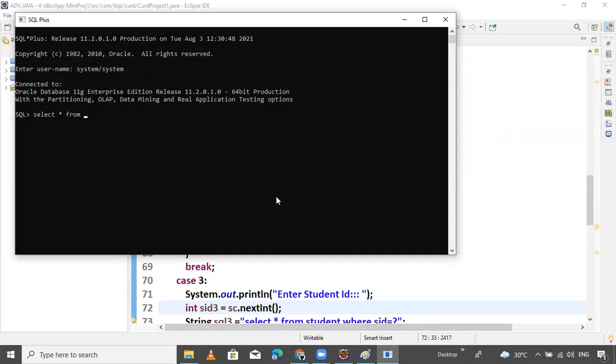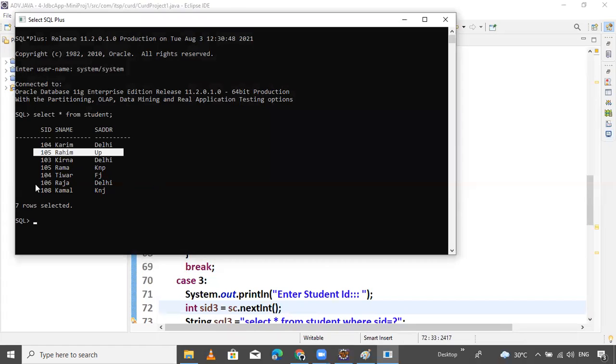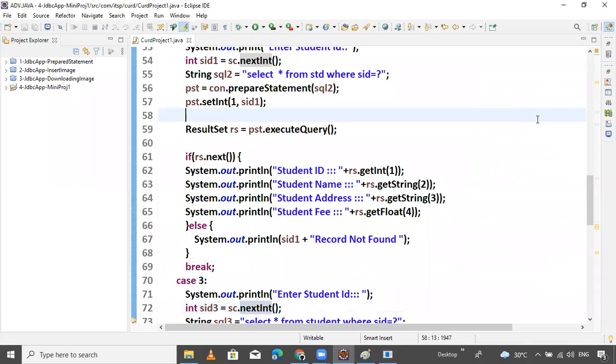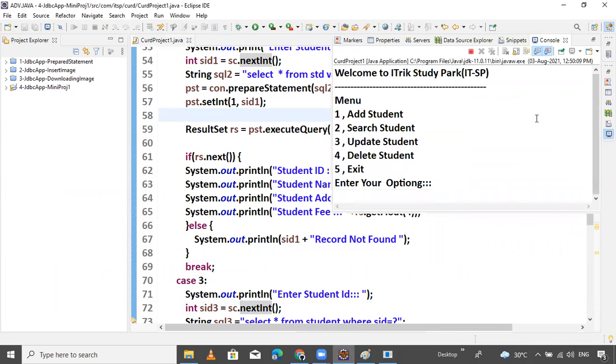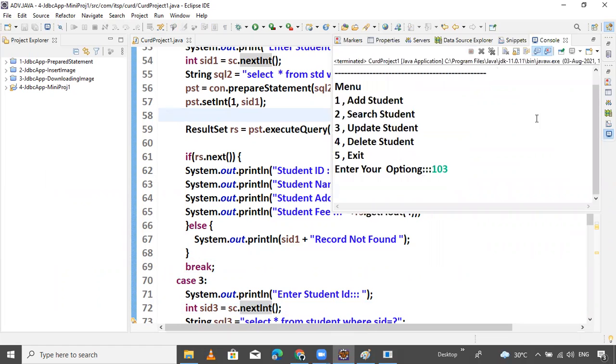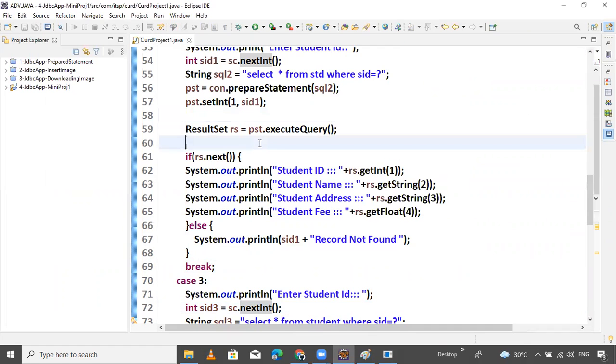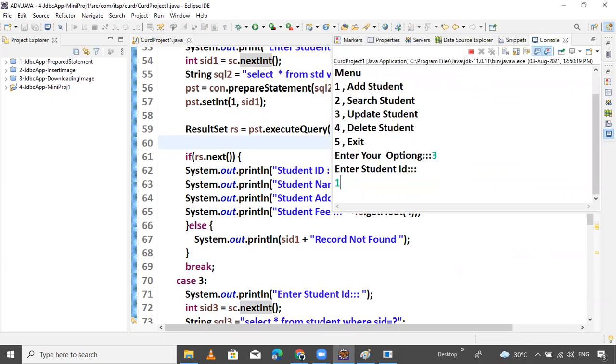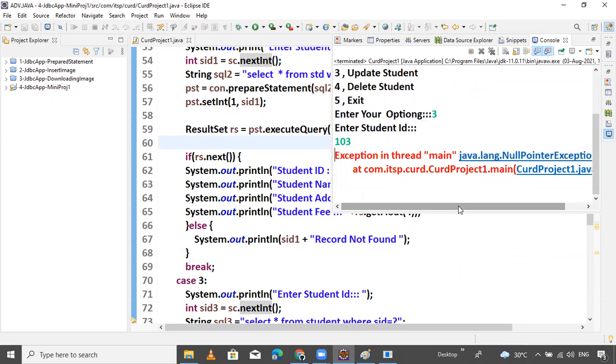Start from student, 105 is there. Two data is there, so it's confusing. So enter 103. Control F11. 103. Null pointer exception.